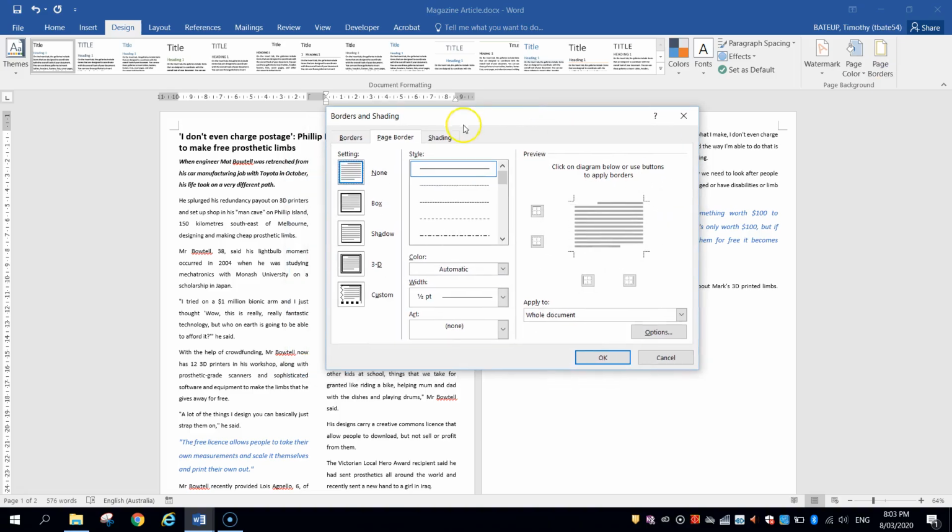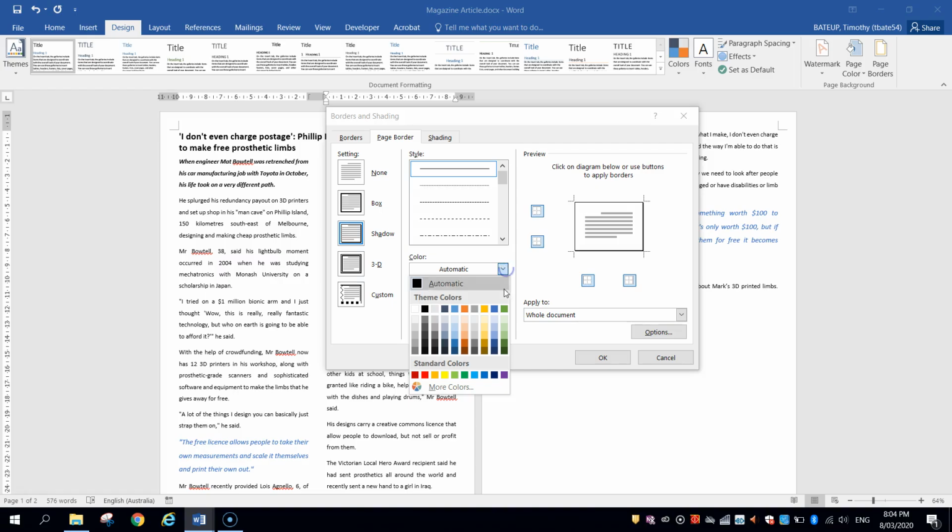And when you click on page borders, make sure you're on this middle tab here that says page border. And you've got a few different options that you can put in. Boxes are pretty simple and that's what I like to use. They're pretty easy to work with. Shadows look pretty good as well. Okay, you've also got all these different other options you can choose for borders.